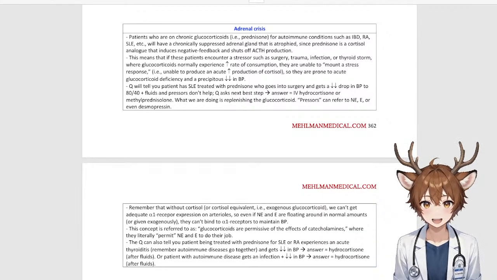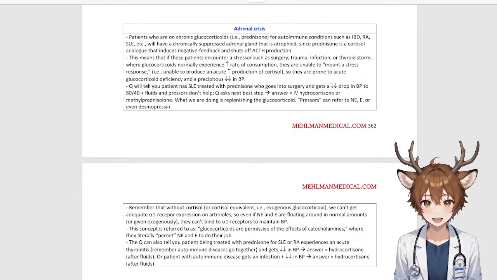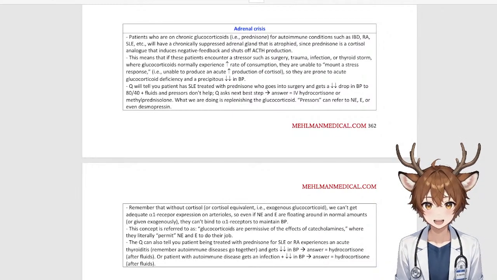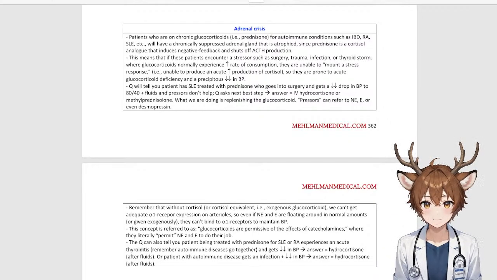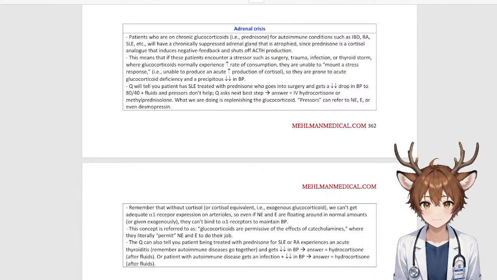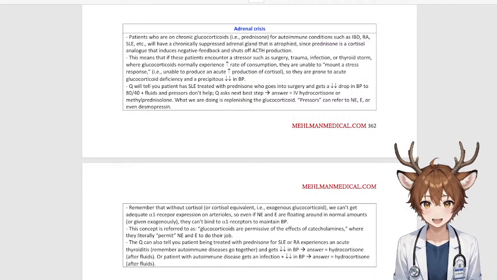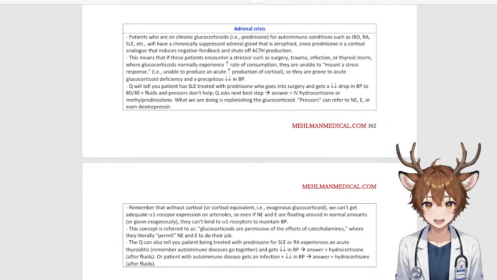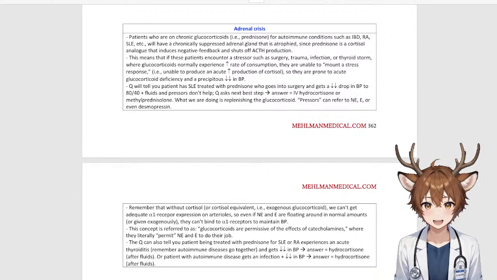Adrenal crisis. Patients who are on chronic glucocorticoids, that is to say prednisone, for autoimmune conditions such as IBD, rheumatoid arthritis, systemic lupus erythematosus, etc., will have a chronically suppressed adrenal gland that is atrophied, since prednisone is a cortisol analog that induces negative feedback and shuts off ACTH production. This means that if these patients encounter a stressor such as surgery, trauma, infection, or thyroid storm, where glucocorticoids normally experience an elevated rate of consumption, they are unable to mount a stress response, that is to say, unable to produce an adequate and acute elevation of cortisol, so they are prone to acute glucocorticoid deficiency and a precipitous